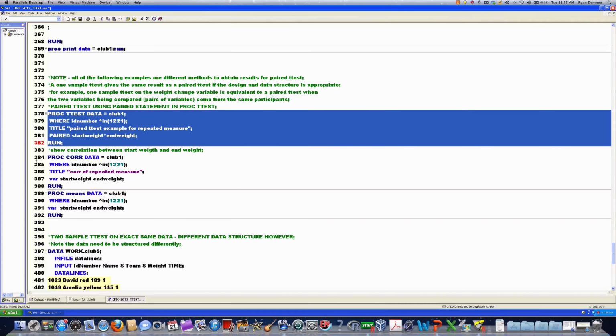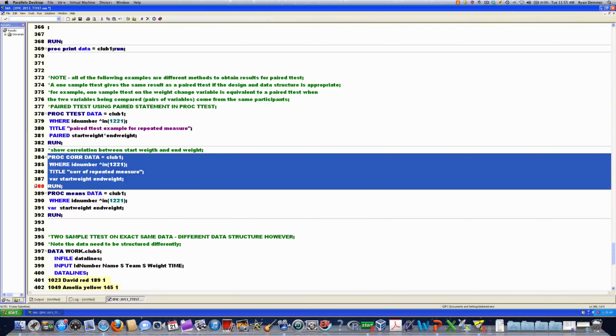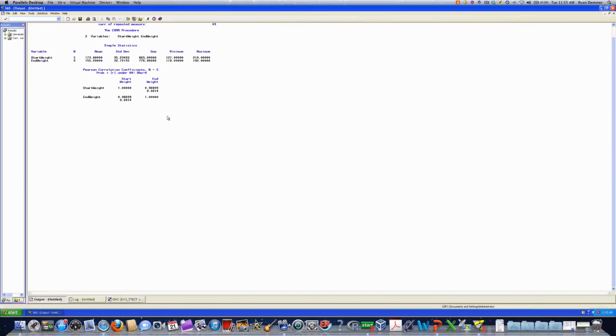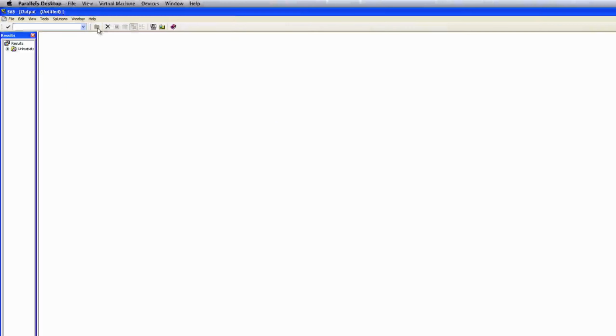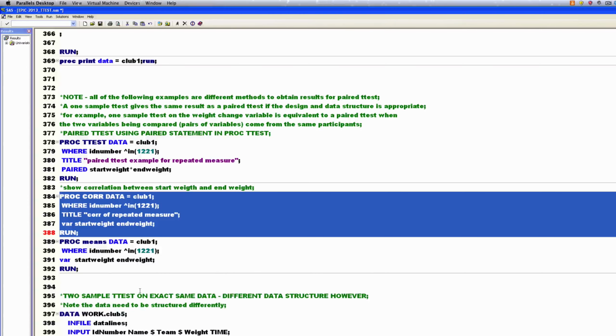I'm going to use really quickly a proc corr here, which will give us a correlation between two variables, simply to show you that there is a correlation in this data set between start weight and end weight, and the correlation is very strong. So start weight and end weight are correlated 0.99. So in other words, the weight at the first study visit is highly predictive of and related to the weight at the second visit. So the two groups are not independent,